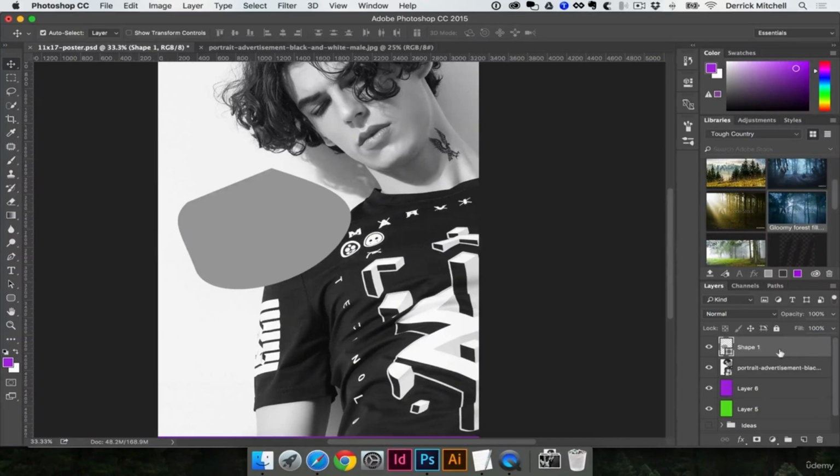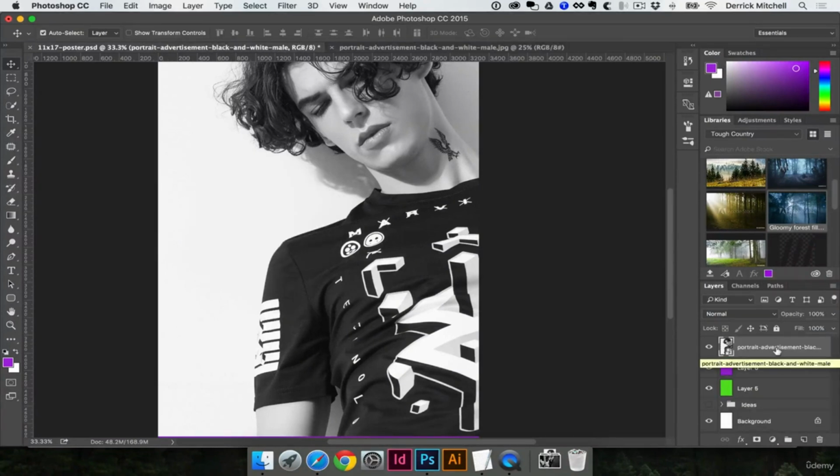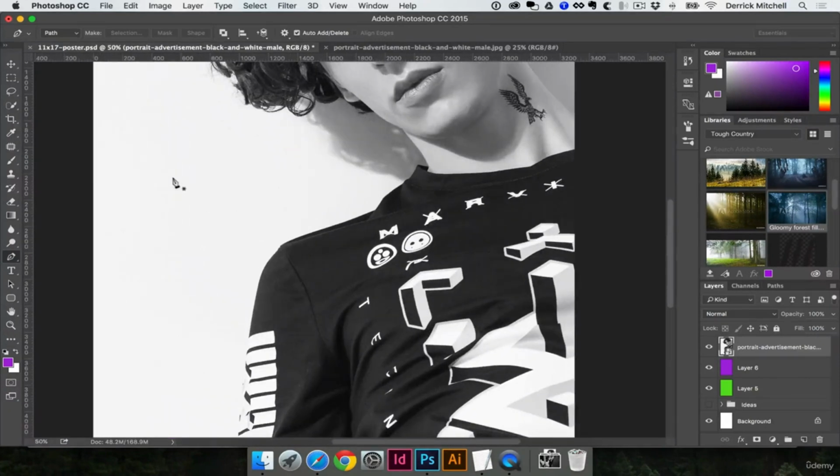So I'm going to delete that. My shape layer is still selected. I'll hit delete, and it goes away. I'm going to hit P to get my pen tool, and I'm going to change this from a shape to a path. Okay. With the pen tool, again, it's something you'll need to practice, but you can click and drag,